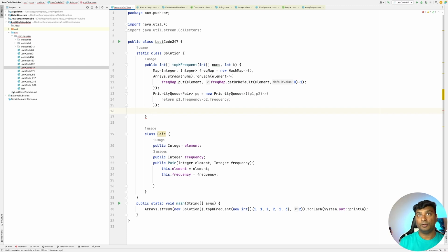Now let's insert all the elements present in the frequency map into the priority queue, and also limit the size of the priority queue to k.